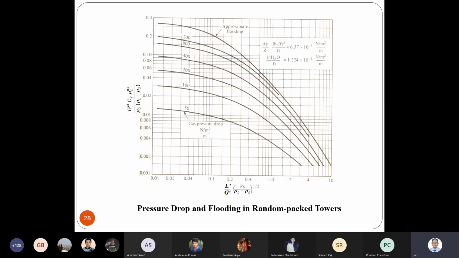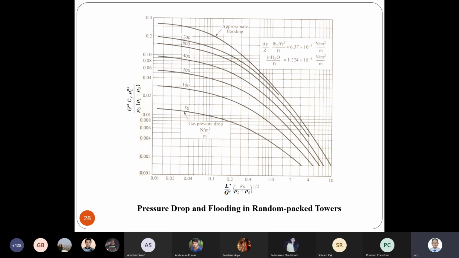So generally, this is sometimes called the Eckart plot, after Eckart, who devised this type of plot for designing packed towers. Basically, from this you'll get the value of G dash under flooding, and then you find out the actual